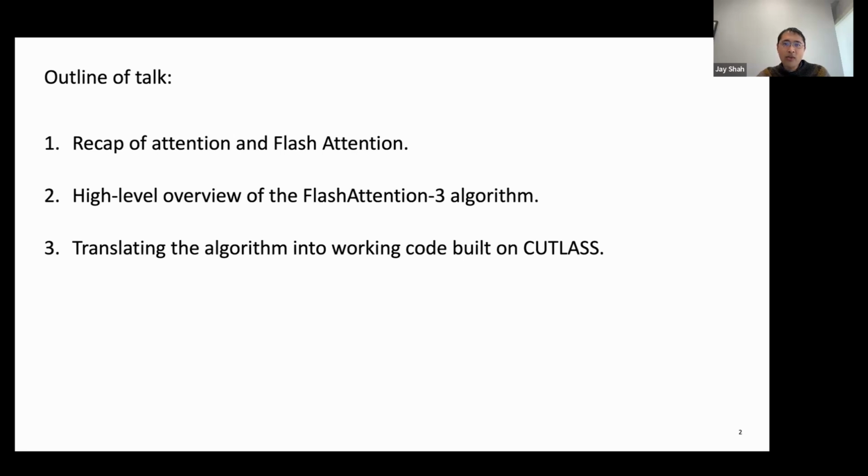Then I'll give a high-level overview of the Flash Attention 3 algorithm. This is meant to set the stage for what I consider to be the greatest value you might gain from this talk, which is a deep dive into how you might code up the algorithm, how you translate the algorithm into working code built on Cutlass. At which point I'll switch over to my coding environment.